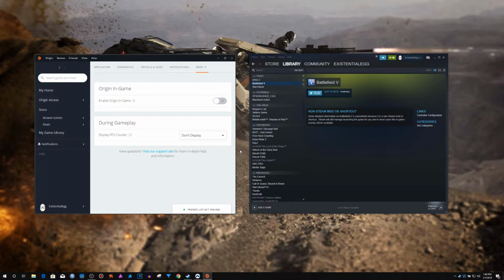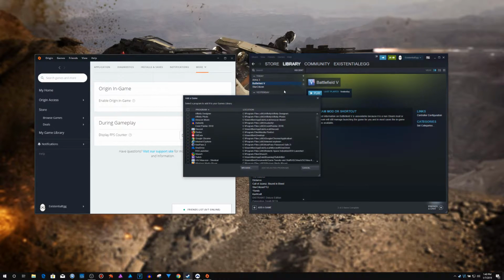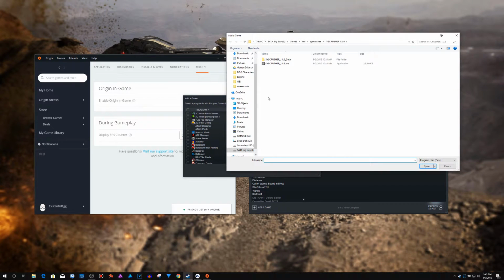I am not having any issues. I'm not having to do any special tweaks. I'm on Windows 10, 64-bit. I just add the shortcut into Steam as a non-Steam shortcut. So let's just show that first. So we go add non-Steam game into my library. Add non-Steam. If it's not showing up in your local things, go to Browse, go to Origin Games, Battlefield 5,